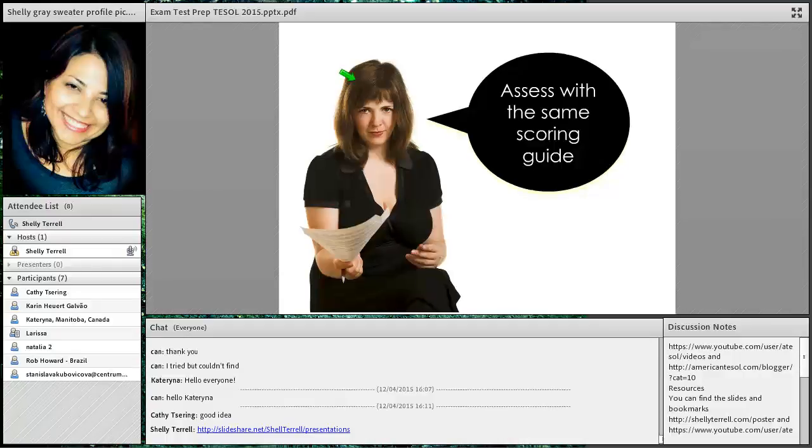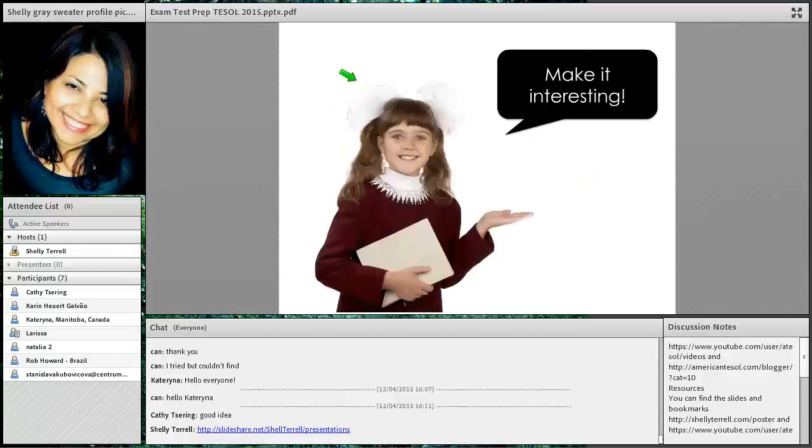We have to assess writing anyway. We have to assess the skills anyway. So if we align our assessment or our scoring with the test's, then they can get used to it, and they can know how to increase their scores. And of course, let's make the test prep